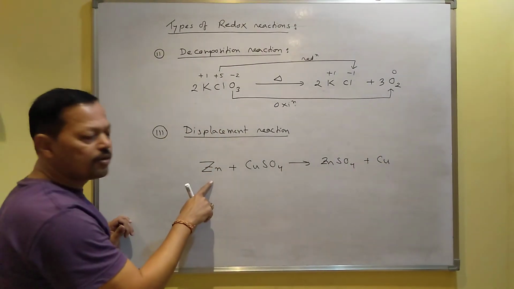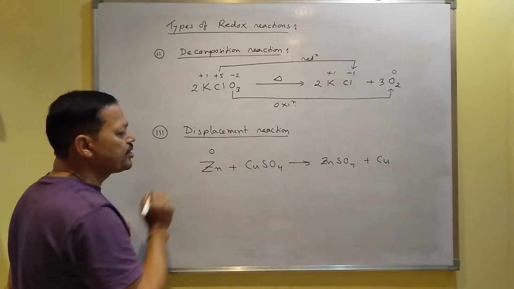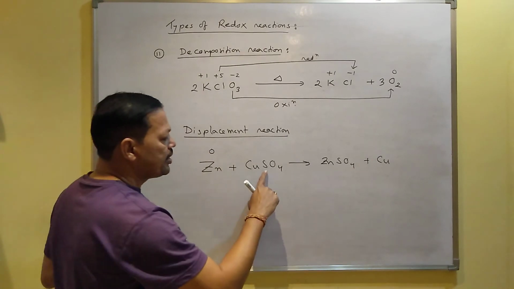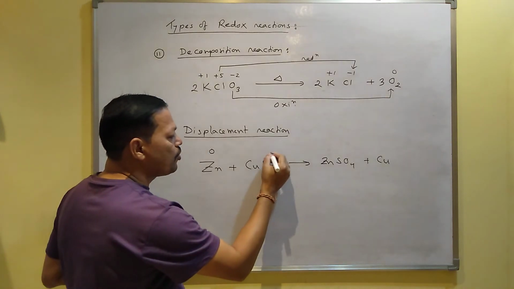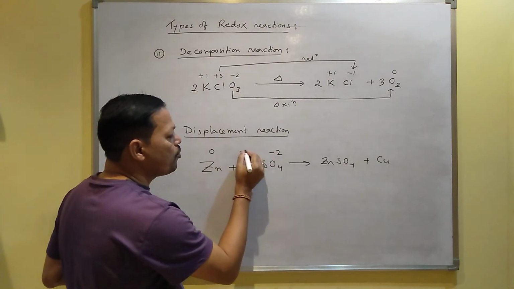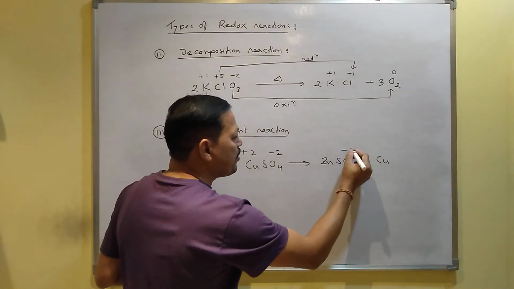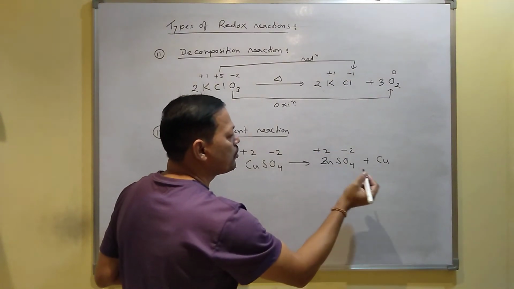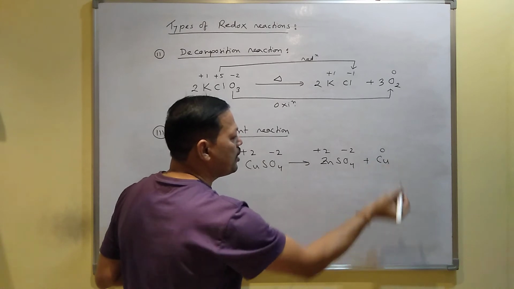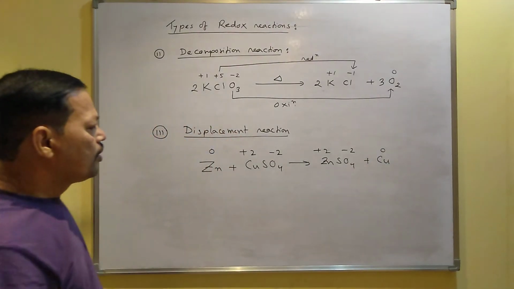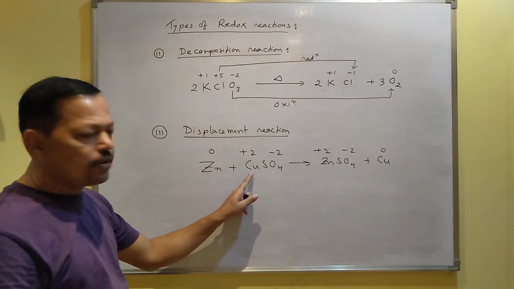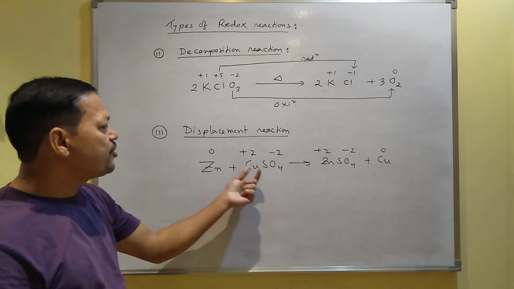Here zinc is a free metal, so here the charge is 0. This is called sulfate. You know sulfate always has -2 charge, that is why copper will be +2 here. Here sulfate is -2, so zinc will be +2, and here copper is a free element, that's why 0. So here zinc displaces the copper, that's why it produces zinc sulfate, and that is why this is one example